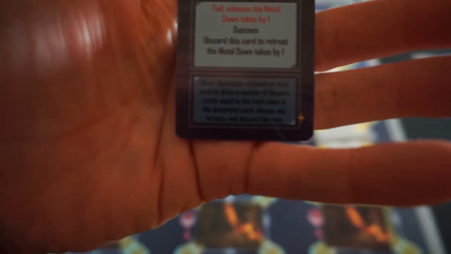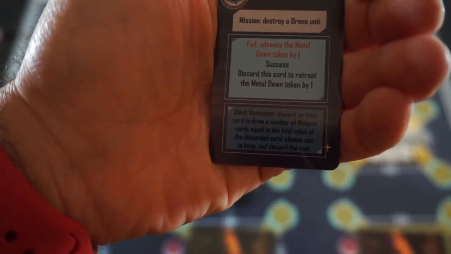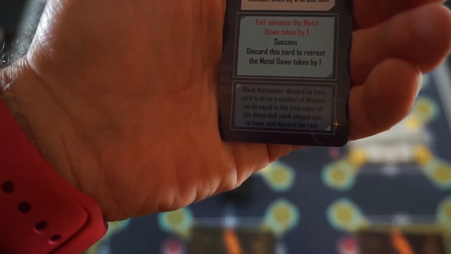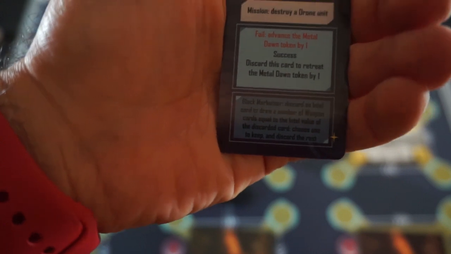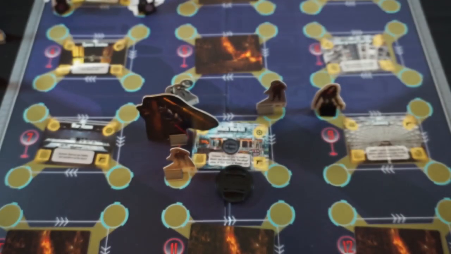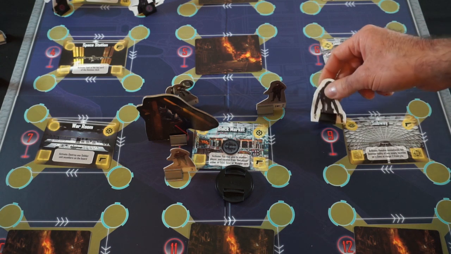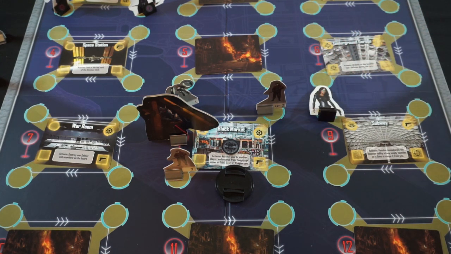That she's a black marketeer, and this is really hard to read. Let me see if I can zoom in on this. Discard an intel card to draw a number of weapon cards equal to the intel value of the discarded card. Choose one to keep and discard the rest. So we don't have any intel cards yet to use that with. So that's really not going to do much for us, but that will do it for Raven. For our next turn, we'll go to...